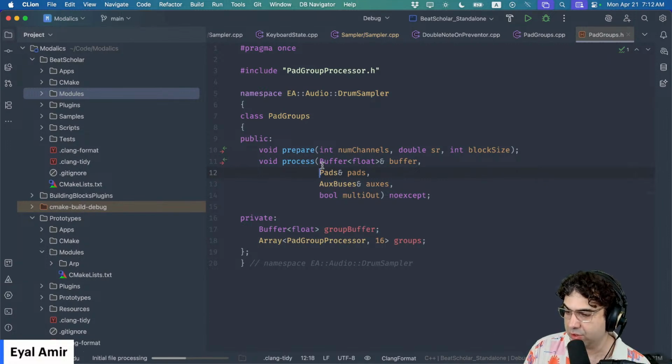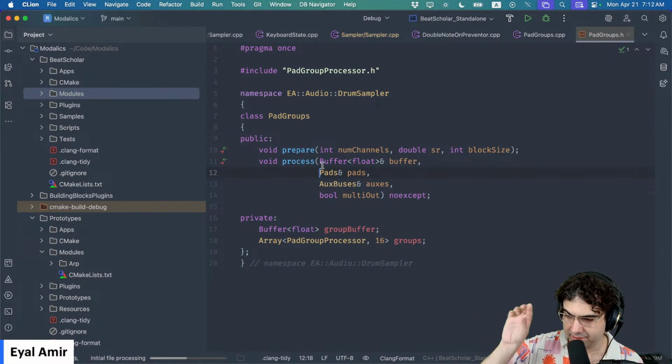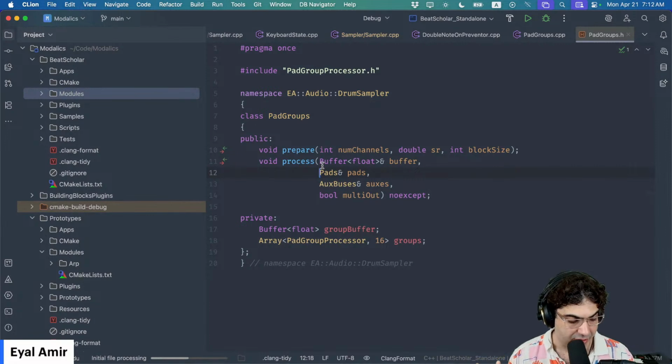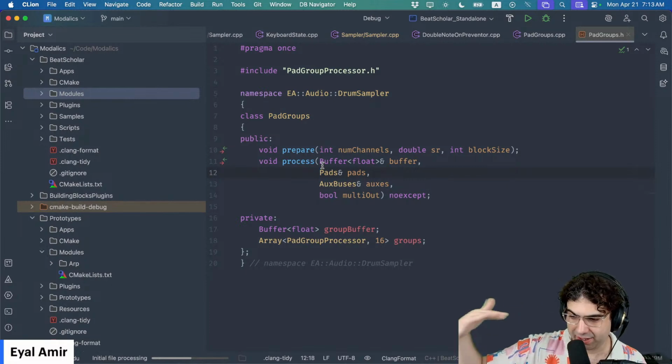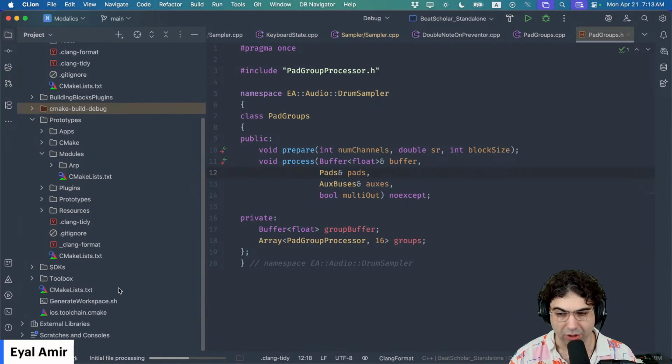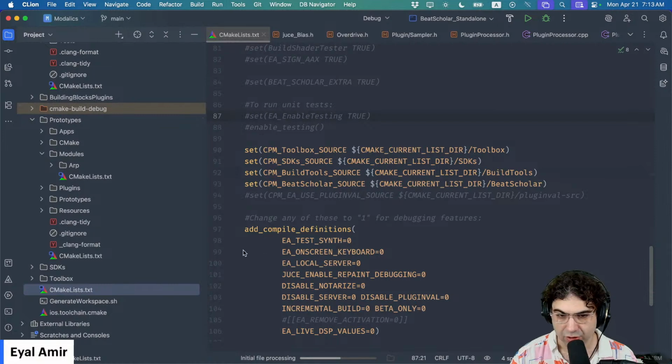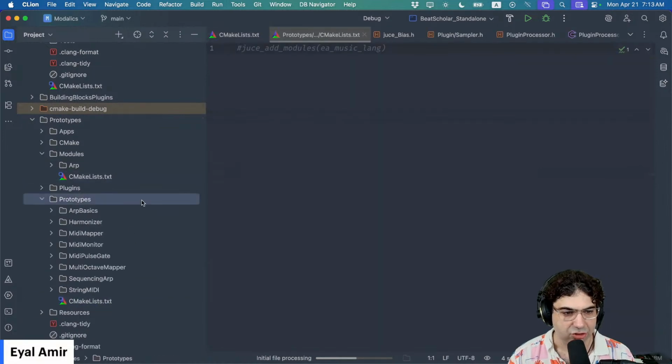I don't necessarily want the kick or whatever, some other channel enabled. They can pinpoint the channels they want and select those. And we want to handle these situations correctly. We want to make sure that we still give the user the right routing regardless of what they enabled or not. So let's talk about this, and let's start by creating a